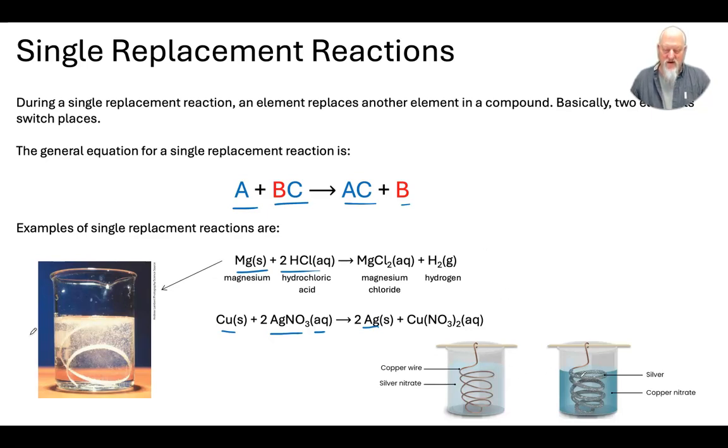But you can see in the picture here, the copper wire, as it sits there, the silver actually attaches itself to the copper. Because there's that exchange of electrons, the copper and the silver ions have to come in contact with each other. And when they do, electrons are transferred and you get pure silver metal